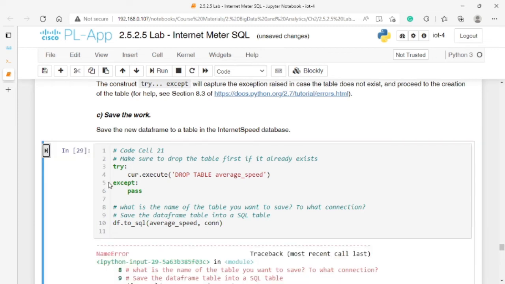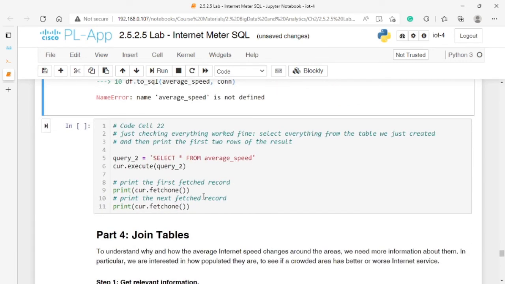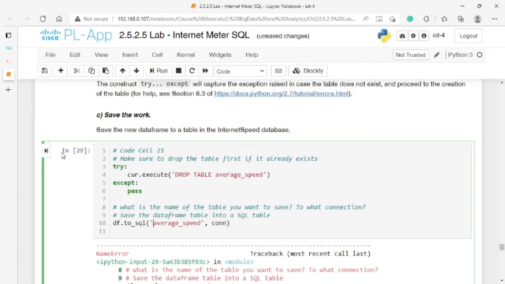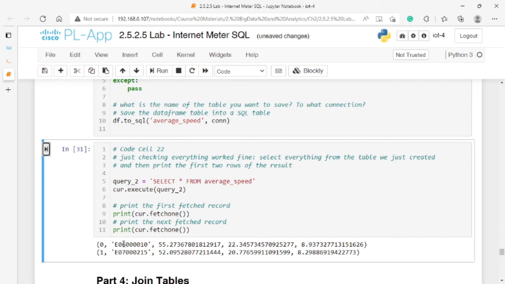Okay, let's run this one. Here we have average speed is not defined yet. That is correct because we need to put this one here. And after that, we just need to check everything went okay. So here we make a query, and then execute the query, and then fetch one to fetch the first record, and then print. So here we can see that we have the area, and here we have the average for 0 and